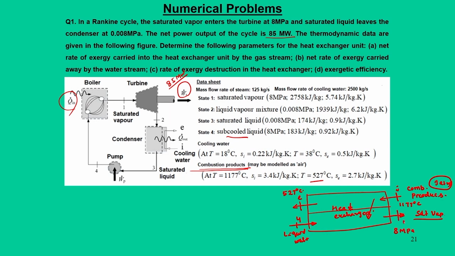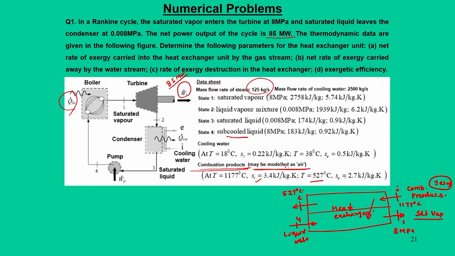So, this condition is at 1. Here the main condition is that both the fluids do not mix with each other, and this heat exchanger unit can be modeled. For that reason, the first thing we need to find out is, for this steam flow rate, what is the requirement for the combustion products. Here we assume that it can be modeled as air, and this air data we get for these conditions,